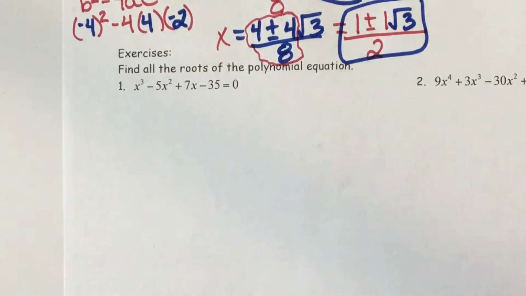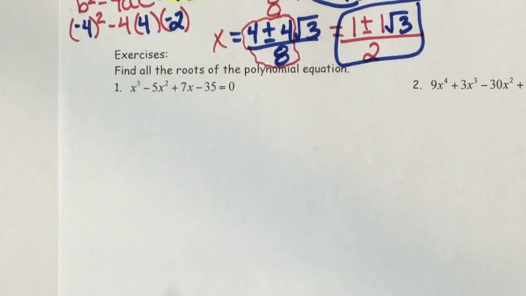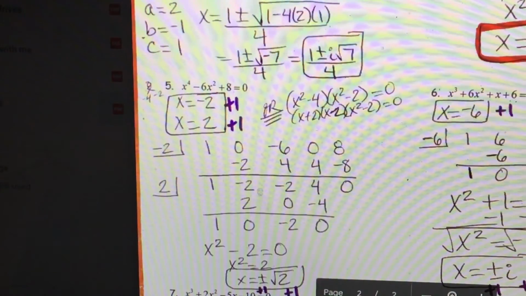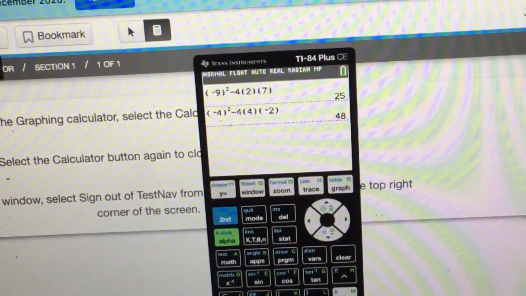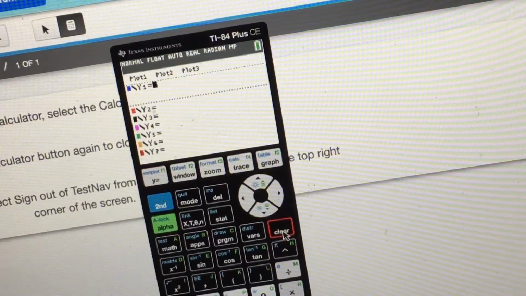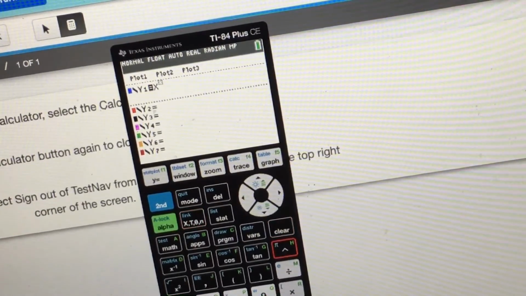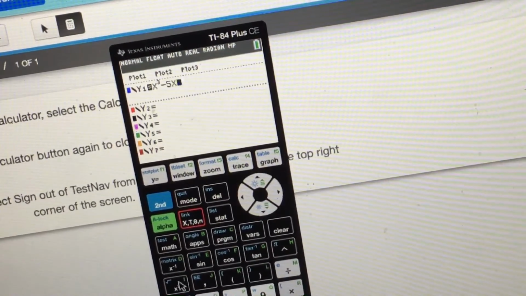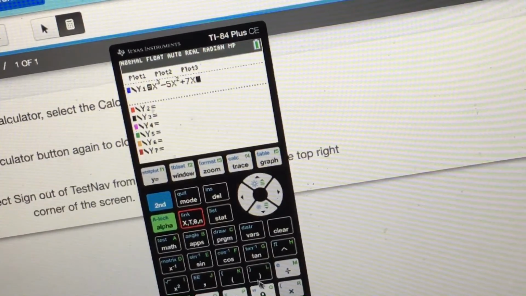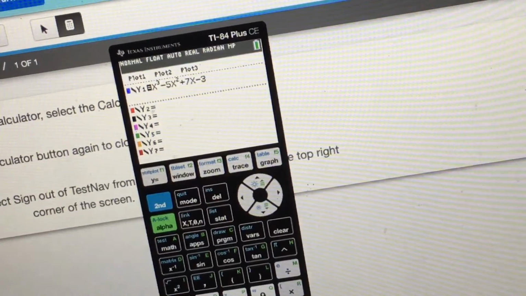Okay, so I'm going to first use my calculator to see how many zeros I can find with it. So I'm going to go to my handy dandy calculator. Let me go to my y equals, and I'm going to type in that big equation. I had x raised to the third, minus 5x squared plus 7x minus 35. I'm going to hit graph,